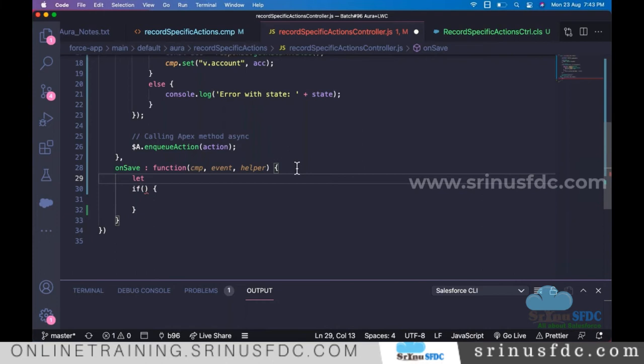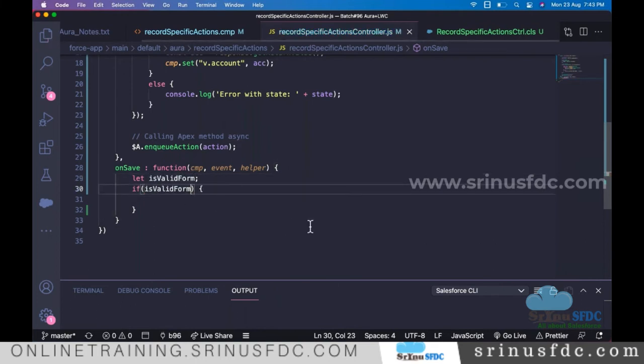I'll call it isValid. Based on this value, if the form is valid, if it is true, then only it should proceed further. Otherwise, it should not proceed further.